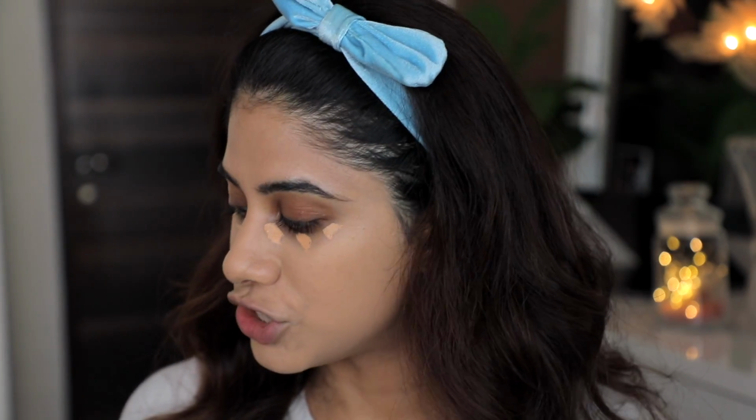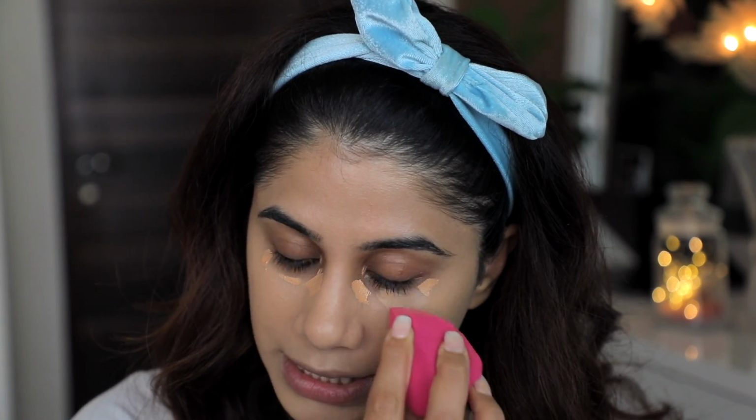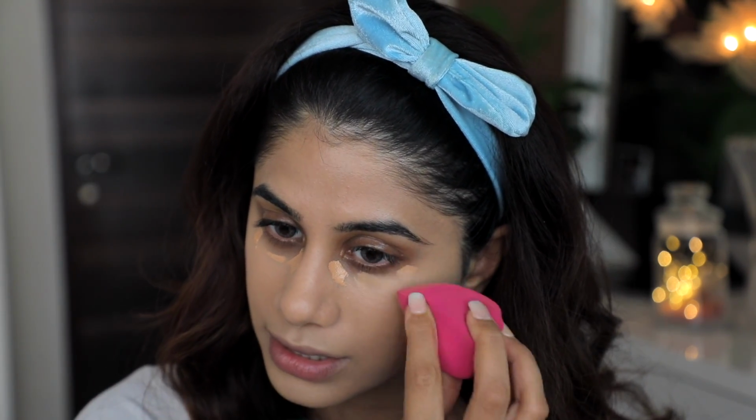I'm gonna start with just a little bit. You can see I've put like 3 weird dots and I'm just gonna take my sponge and start blending the concealer in. So back in the day when I just started doing makeup, I forgot these tiny little things that now I realize. I used to put foundation all over underneath my eyelid, everywhere, and put it like a mask, and then I used to go in with concealer and then powder, which is too heavy. So try and avoid layering as much as you can if you are going for the flawless finish,